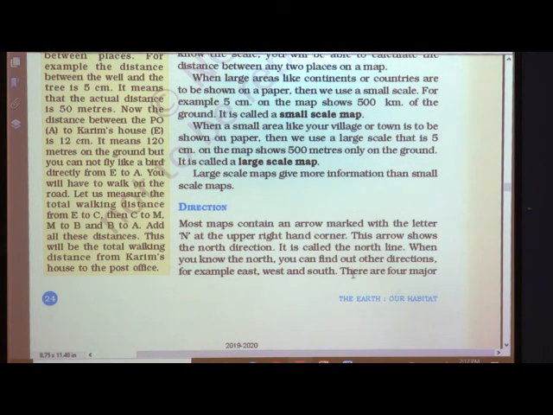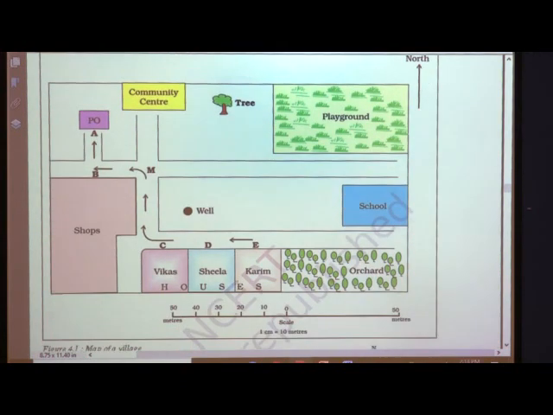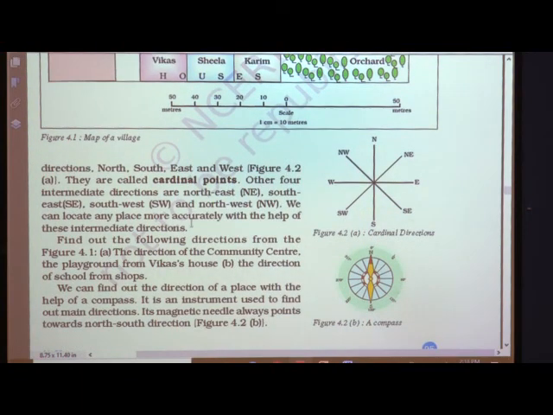When the north direction is given, then it is easy for us to find the south and the other directions, or otherwise sometimes we get confused. There are 4 major directions: north, south, east, west. They are called cardinal points.